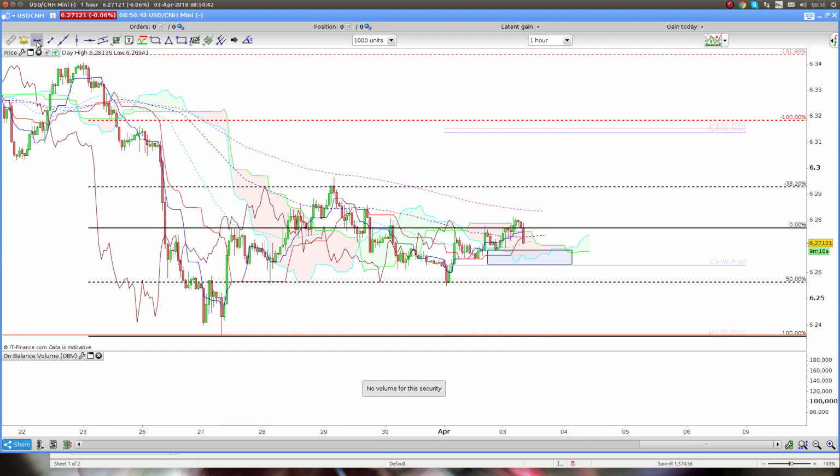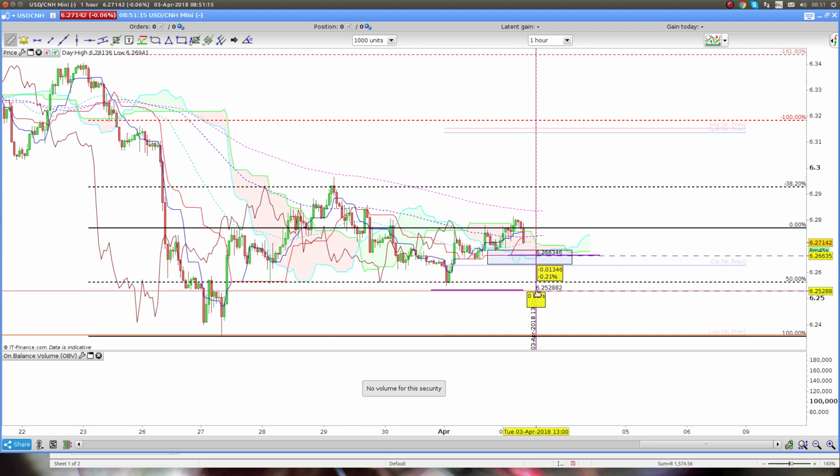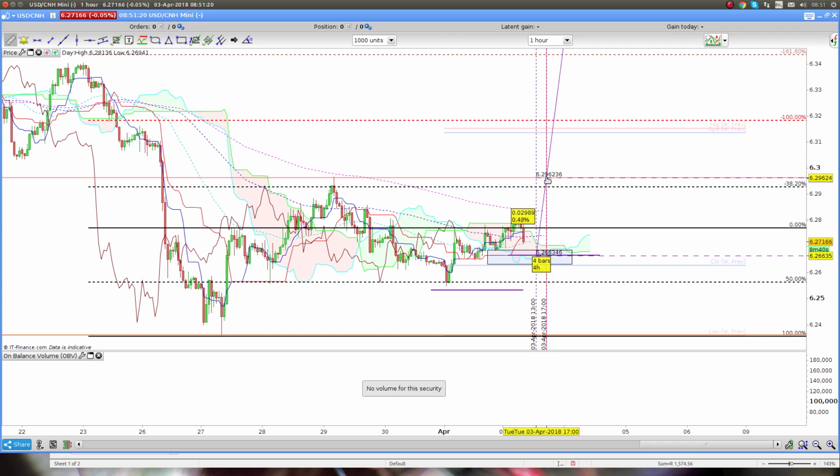And basically what I'd be looking for is a long somewhere in this area as soon as we see some bullish action. And I think look for the bullish action on the hour. And you can have a very tight stop if you wanted to, just below the cloud here, or below here, or if you're more adventurous, down this area here. But I think I would actually just put a stop below the 50% here, so say somewhere around there. So that would give me a, what's that, 134 point stop loss,